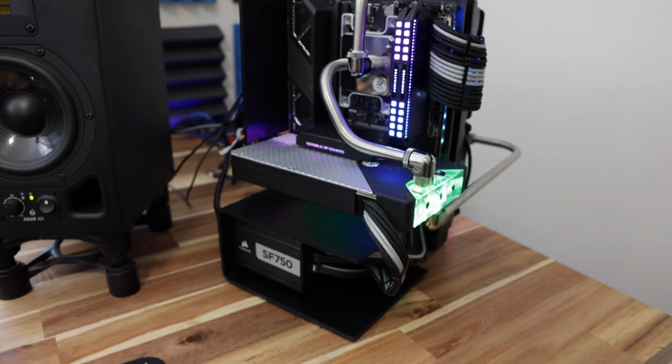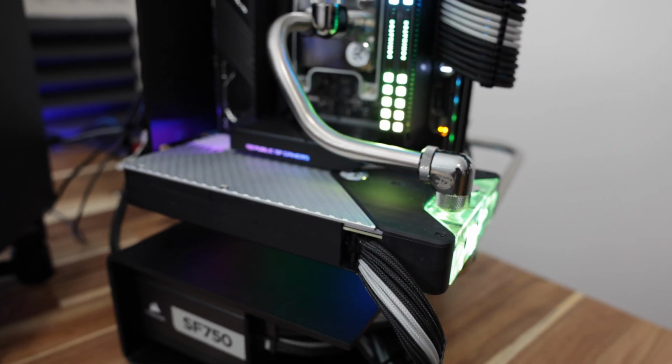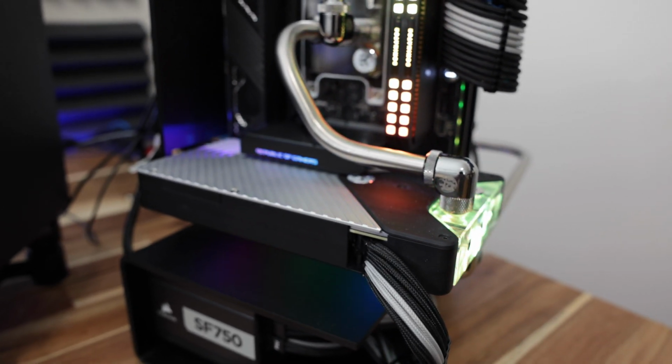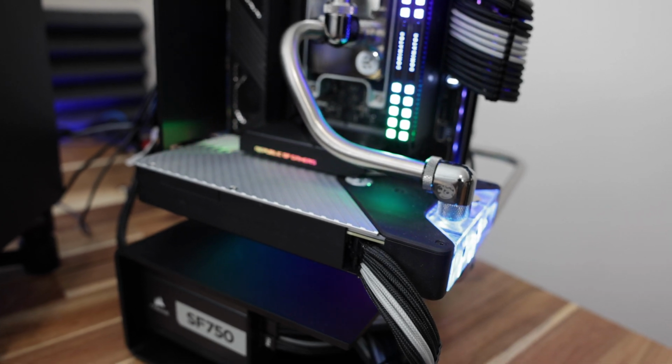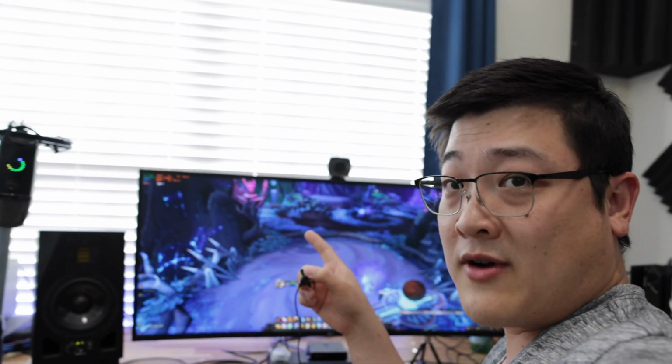That's not the issue. The issue is this GPU right here is having some minor coil whine, and I really do mean minor. But it's driving me insane because most of the time when GPUs are inside cases, they have a little bit of coil whine and you can't really hear it because it's all muffled inside the case. But if I take my mic off and bring it next to the GPU, just to show you guys what I'm talking about here,